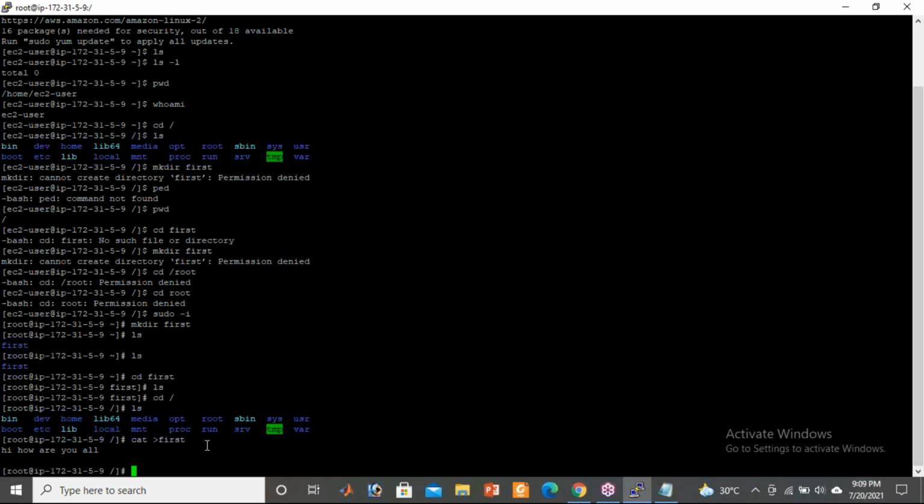So next is the vi command, guys. There is one more command called vi. Now what is vi? Again, it is also to create a file only. So it is a text file. By default, all these files are text files, whatever you are creating. Vi is also one more command to create a file.